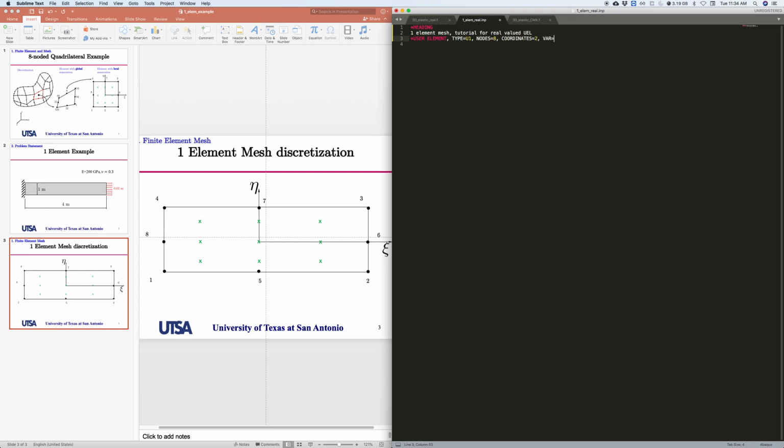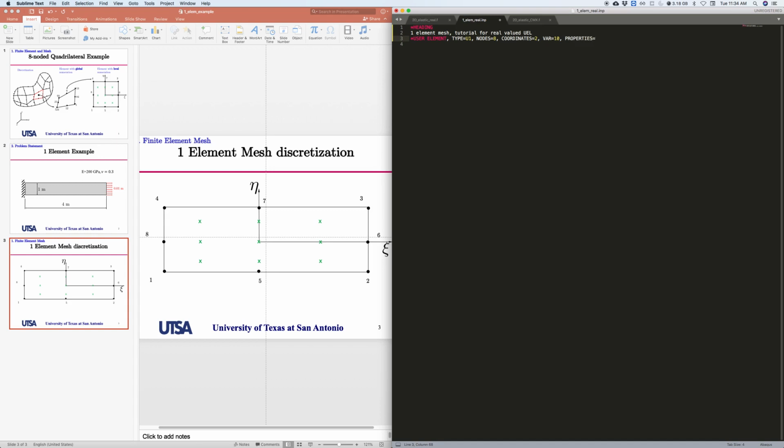Here is how many variables I want to store when I'm working in my UEL. This depends on the number of state-dependent variables, for each element. So this is a user-defined element. That's the number of variables that you might want to store. So just start with 10. We might not even need 10 for this particular example, but I just want to go big in case I need something. And properties,